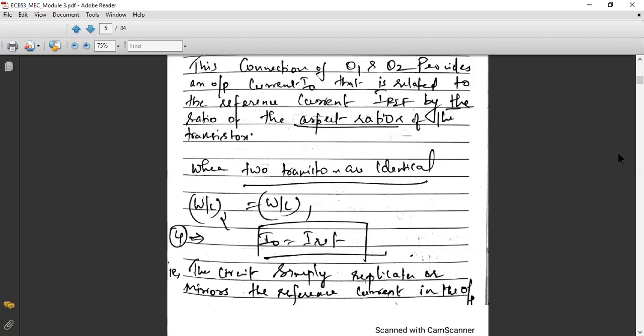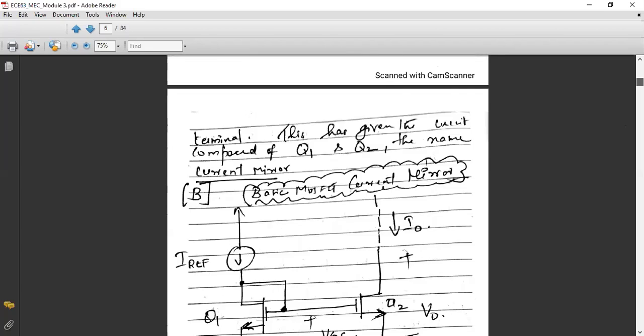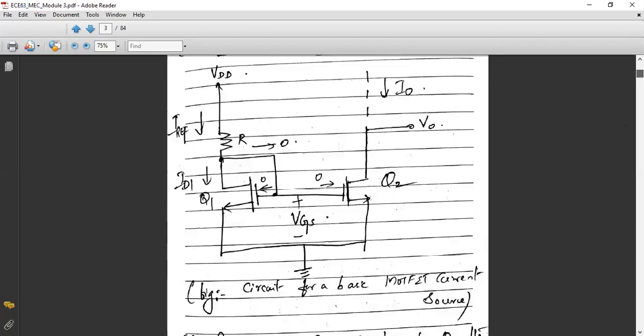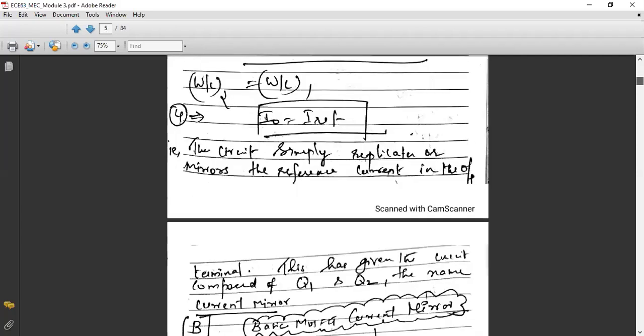Okay, so this is basically the working of the current mirror. In a similar way, you can replicate the stages. Suppose you have one more stage like Q3. From this point, you can draw one transistor Q3 on the right side and mark its current as I02. Whatever current you need to produce at the drain of the corresponding transistors, you can get just by maintaining the ratios.